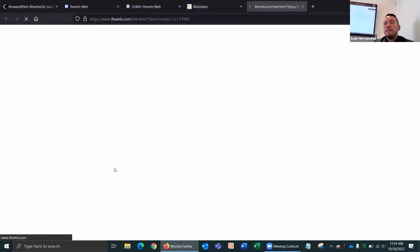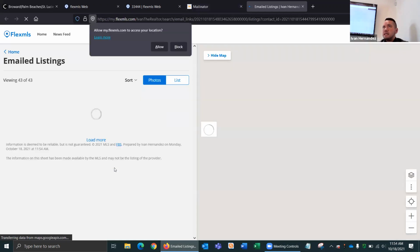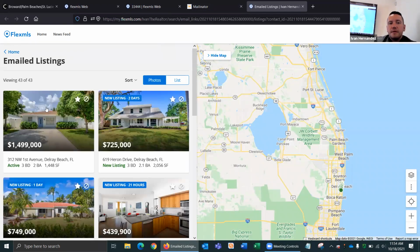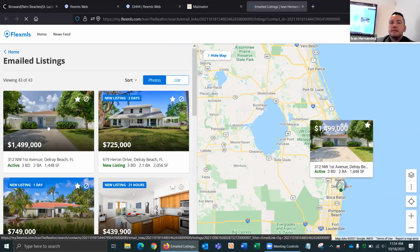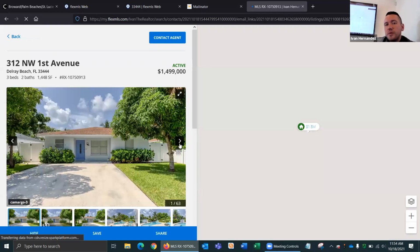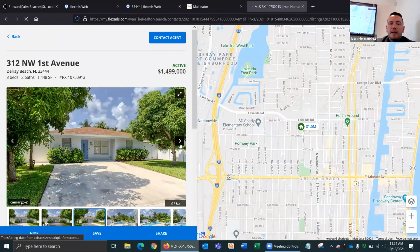Okay, so I click on the link. Everyone by default has this kind of access. Let me show you the access they have. So they can see the listings that you sent. So all they do is, they click on a listing, they look through the information that's on the listing, they can scroll through the pictures. Pretty self-explanatory what they can do. But if they click contact agent,